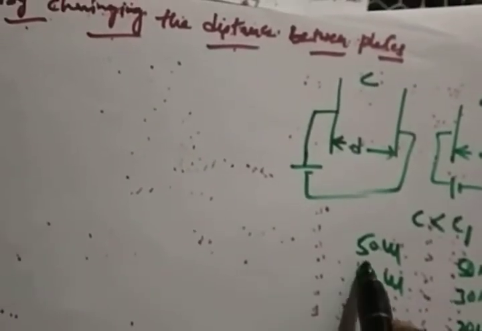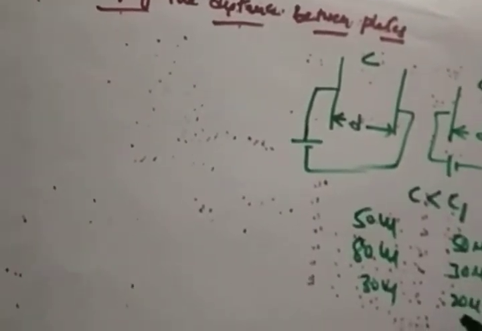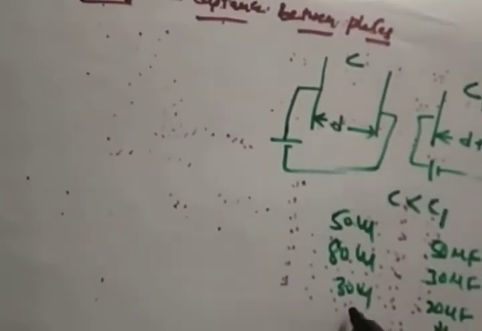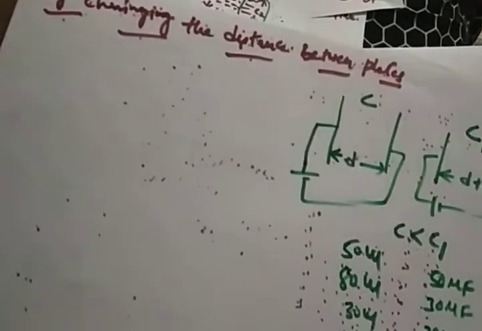That means how much change has come? A 20 microfarad change has come. What caused it? The length change is 30 meters. Right? So what about the voltage for that 20 microfarads? You can use a standard meter, if it is 5 volts, whatever the distance. So my distance is converted to voltage. That means my non-electrical quantity is converted to an electrical quantity. So this is the distance calculation by changing the distance.